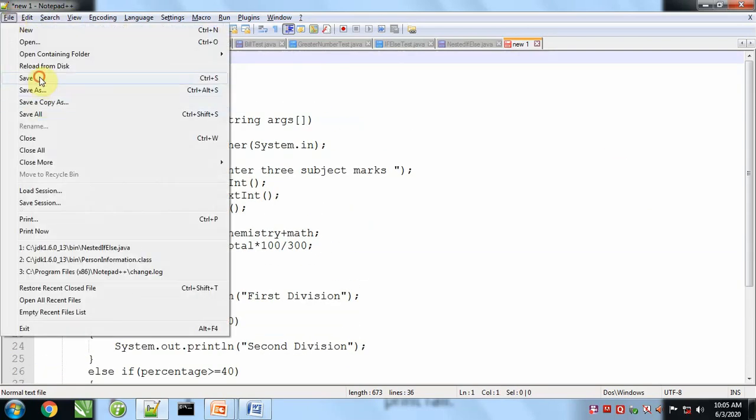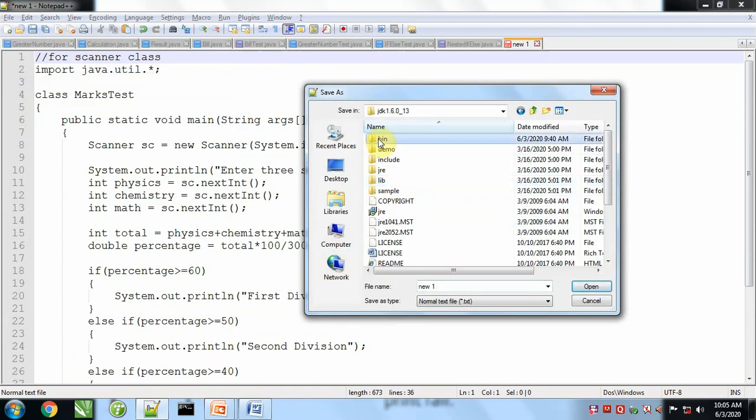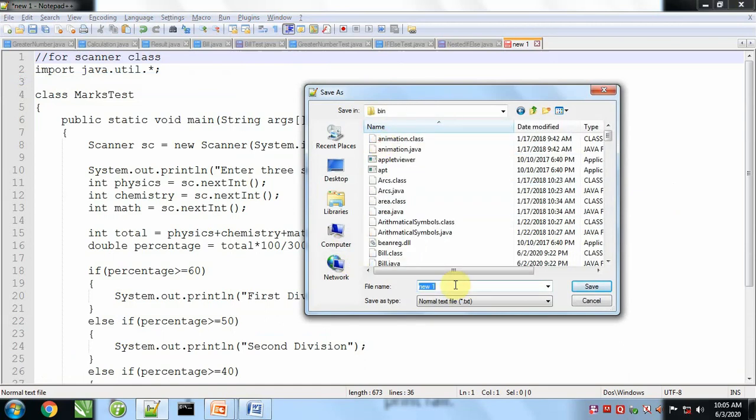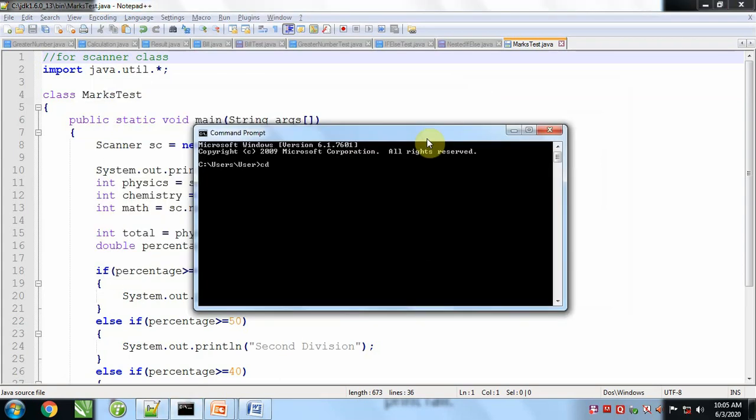So first of all we will save this program. We'll go to File, Save, My Computer, C drive, JDK and bin folder. We'll save this along with the class name MarksTest.java. Open command prompt, go to the root directory, open JDK, open bin and compile javac MarksTest.java.